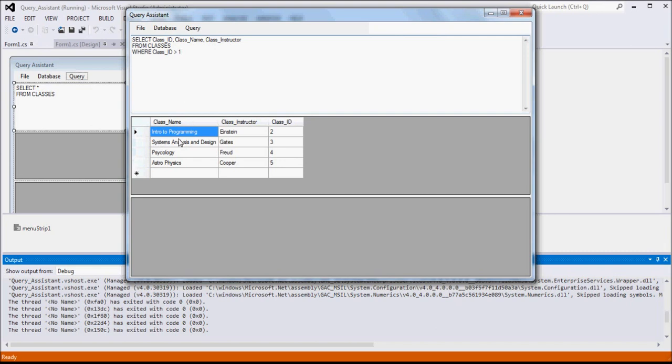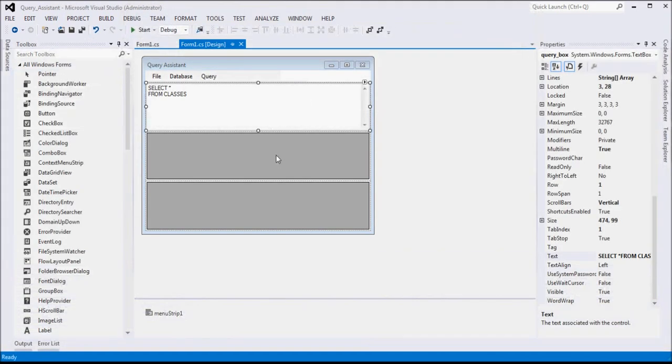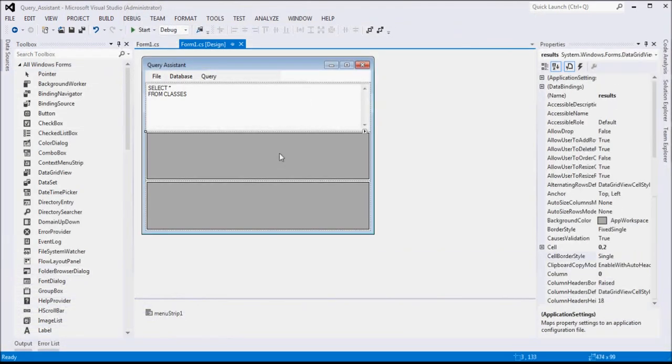One of the things I started pointing out was how this data grid view didn't have very tight controls on it. We could do all kinds of things that we don't really want to do. The point of this application is really just to show the result set. We're not trying to allow the user to edit any of this. Frankly, there are a lot of properties that go along with a data grid view, so let's start looking at those and tighten the screws just a hair,